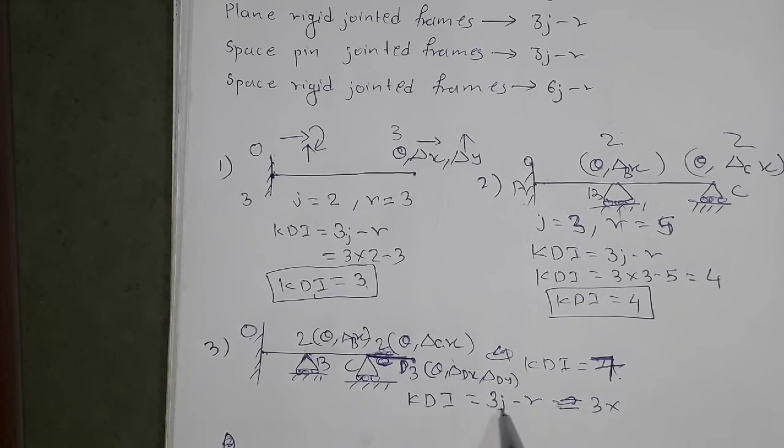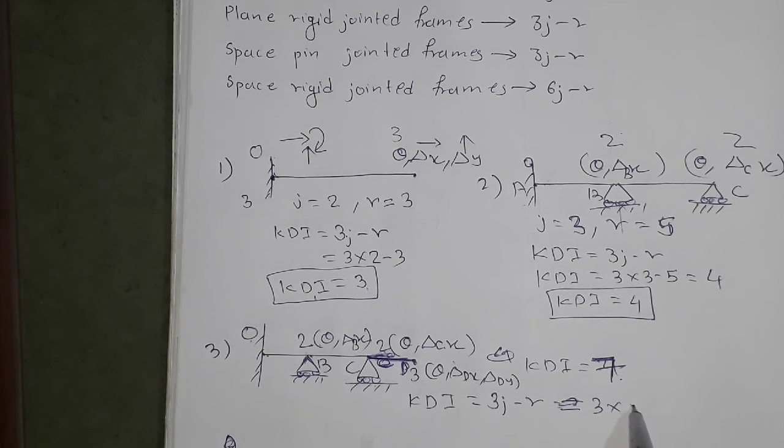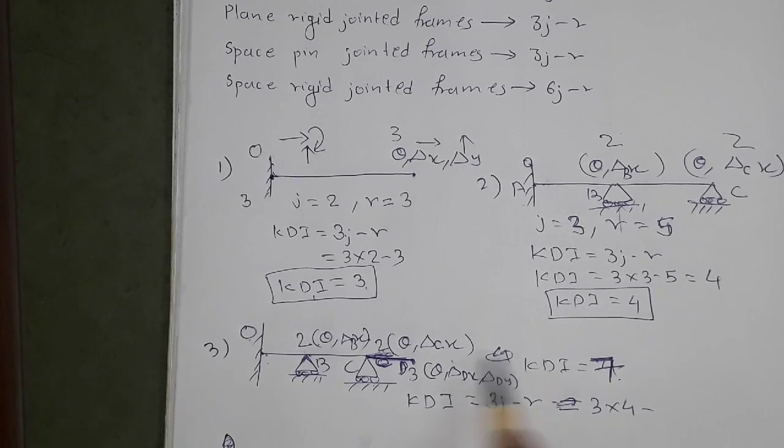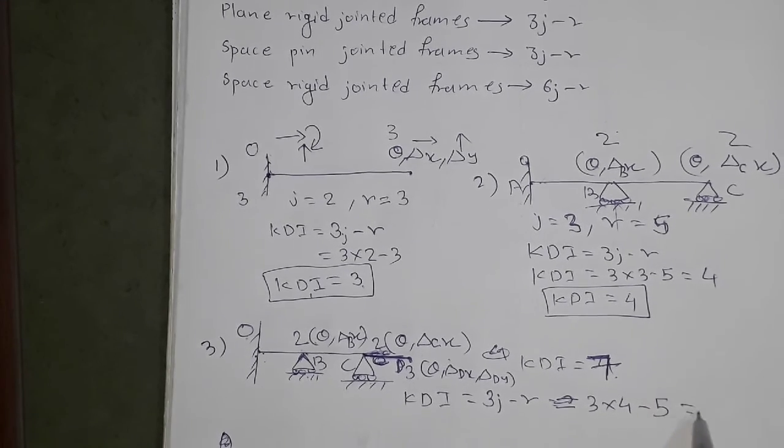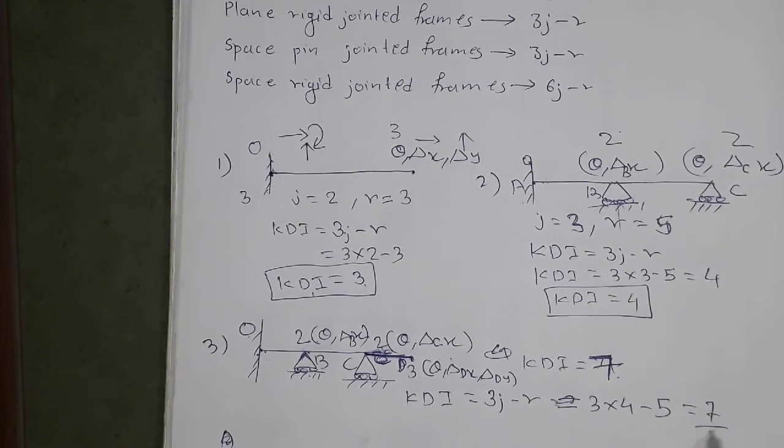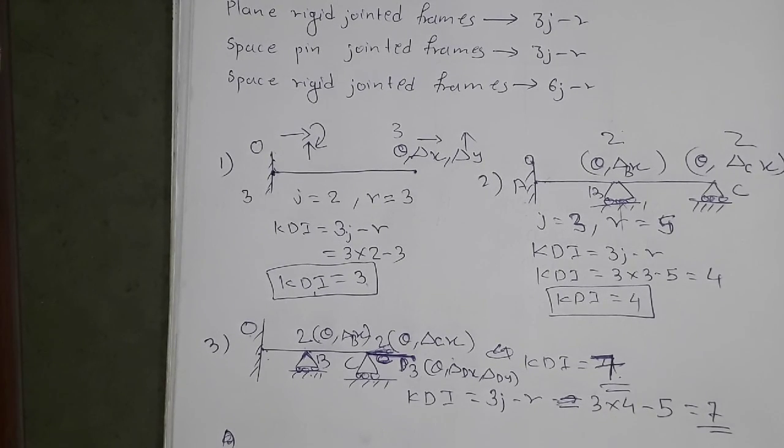By formula, KDI is equal to 3J minus R. So 3 into the number of joints, 1, 2, 3, 4, minus R, where the external reactions are 3 plus 1 plus 1, so it will be equal to 5. So 12 minus 5, 7. So by both the methods the answer will be the same. So now we will